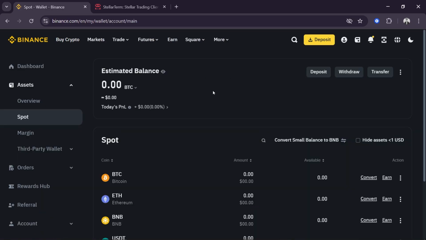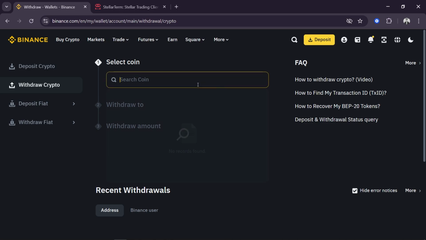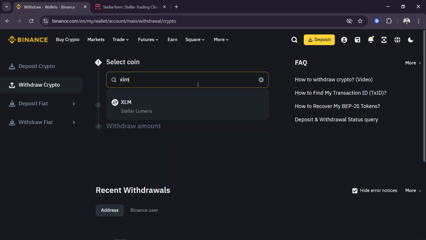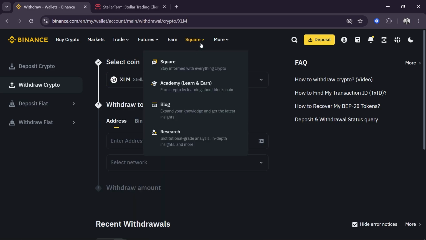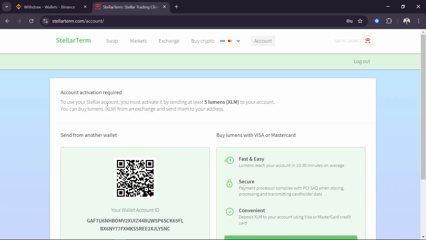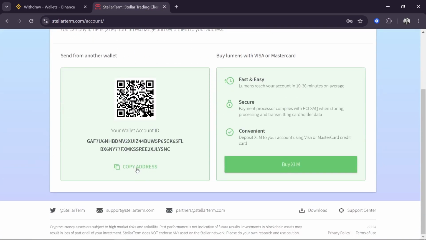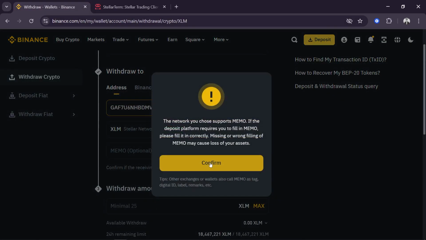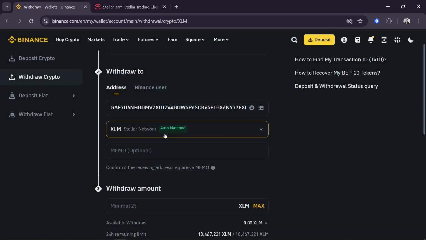So once we are here, we can just go ahead and tap the review button right here, and then you can go ahead and select the coin. So the one we are going to be doing is the XLM. There you go. So we have the Stellar Lumens right here, and then you can go ahead and enter the address. So click this one right here, and then what you're going to do is copy your account or wallet account ID, then paste it, and then you can just go ahead and confirm,